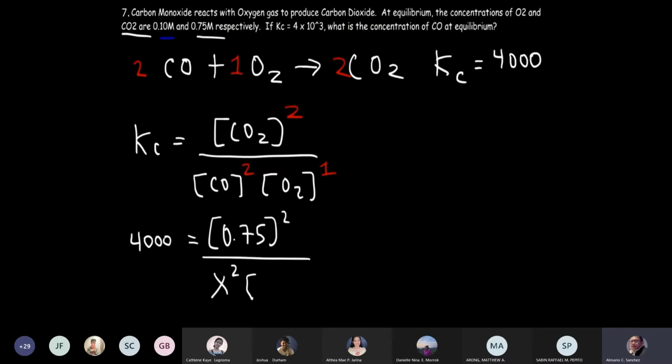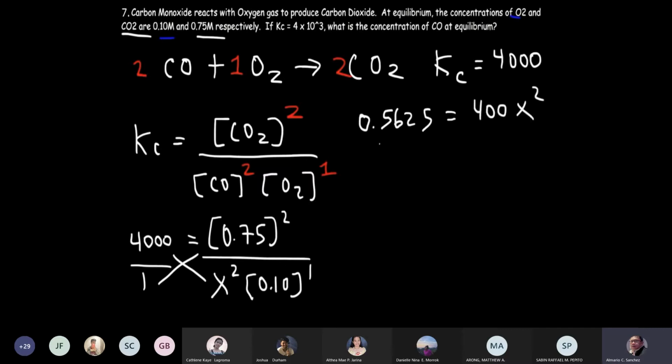And the concentration for O2 is 0.10. So let's cross multiply. So first on the left side, we're going to have 1 times 0.75 squared, which is 0.5625. And on the other side, we're going to have 4,000 times 0.1, which is 400, multiplied by